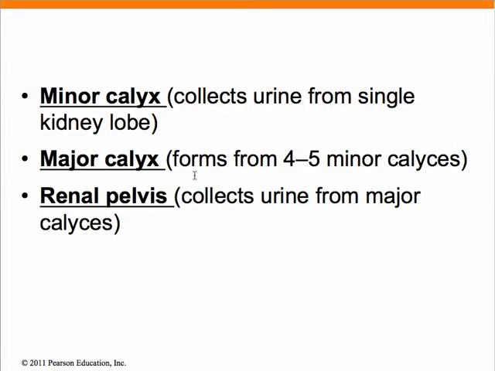As we look at how we collect the urine, we have different structures associated with it. We have the minor calyx or calyces. They are going to collect urine from one kidney lobe. We have a major calyx or major calyces. They collect the urine from the minor calyxes. And then the pelvis is going to collect urine from all of the major calyces and pull it towards the